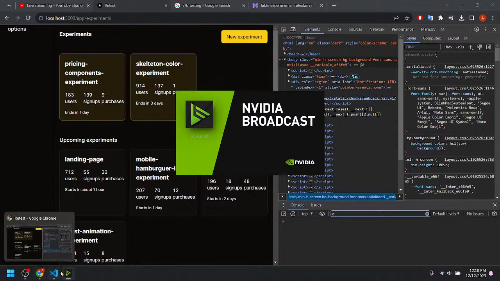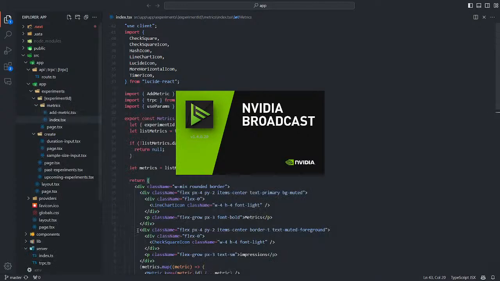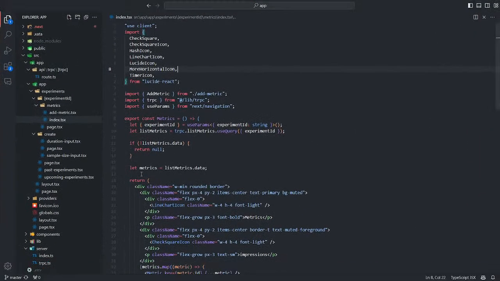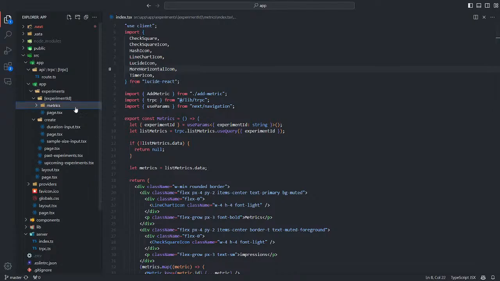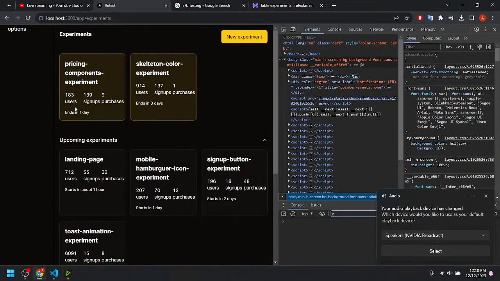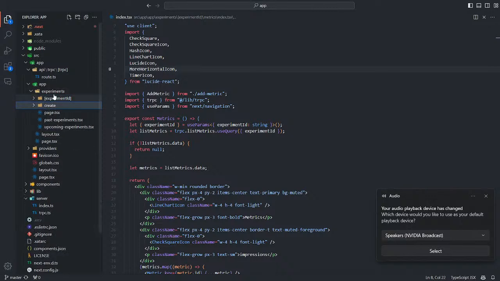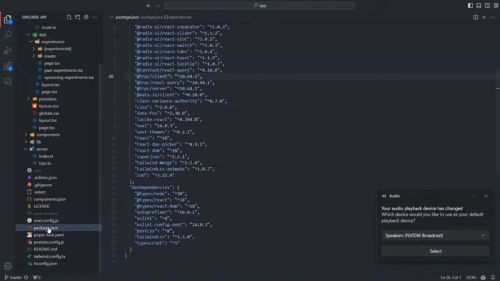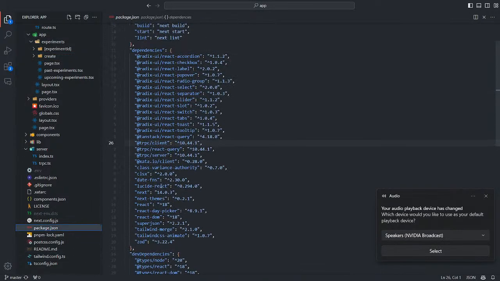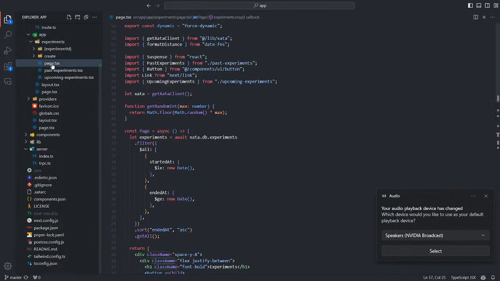Okay, in the experiments page, we're using Next.js 14 now, I think. Yeah, Next.js 14, and we're using the app directory.